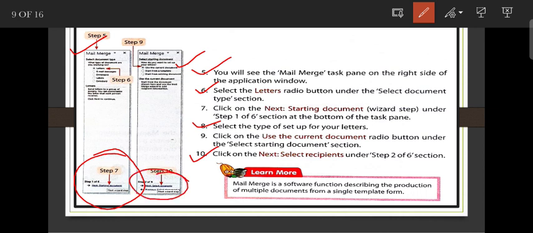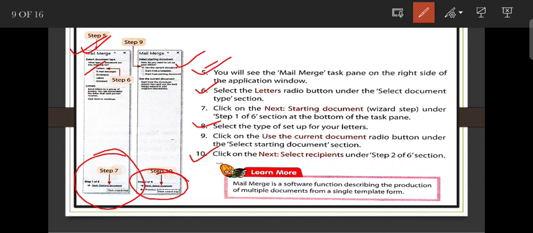So first of all, you need to write your letter, then go to the mailing section, then click on the start mail merge option, then you need to select the step by step document wizard. After that, number 5, the task pane will open, then you need to select the letter from here.